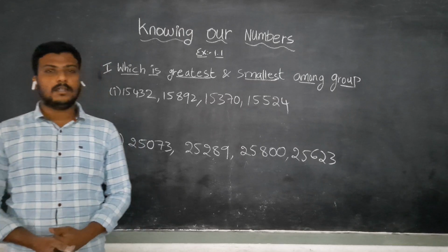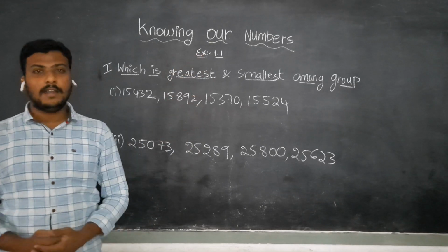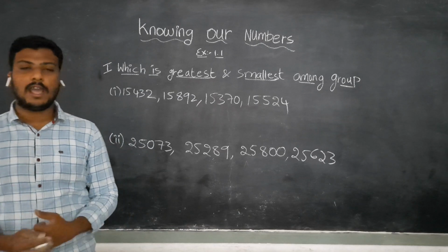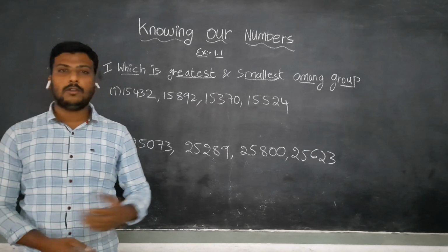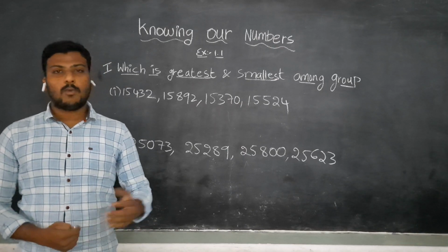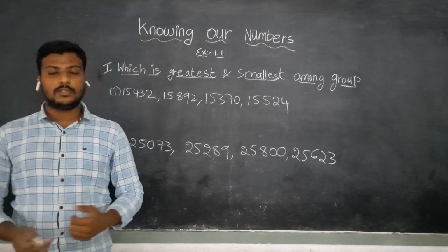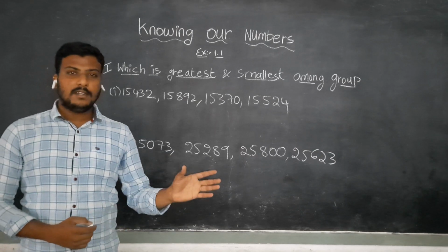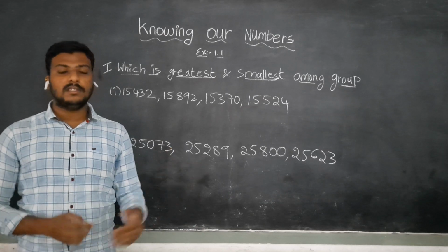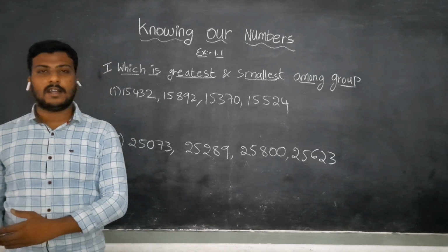Before starting the lesson, we should discuss the previous class about numbers and numeration. In class 5, we learned about numbers and numeration. As I know, we discussed a lot of topics in that. What topics did we discuss in that class? We discussed the smallest and biggest 3-digit number, 5-digit number, and many other digit numbers. We also wrote the given numeral in the numeration form, and we also converted the given number name into the numeral form. A lot of exercises like predecessor and successor we have also done.